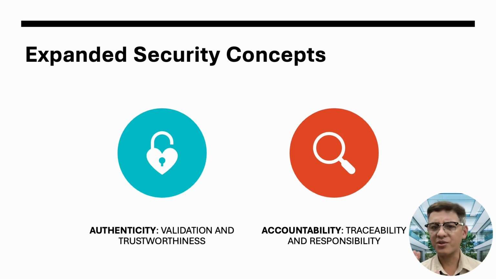Accountability, another crucial concept, ensures that actions performed on a system can be traced back to the individual or system entity responsible. This ability to trace actions is essential for responding to and recovering from security incidents. It promotes responsible behavior by making sure that users can be held accountable for their activities, which in turn deters